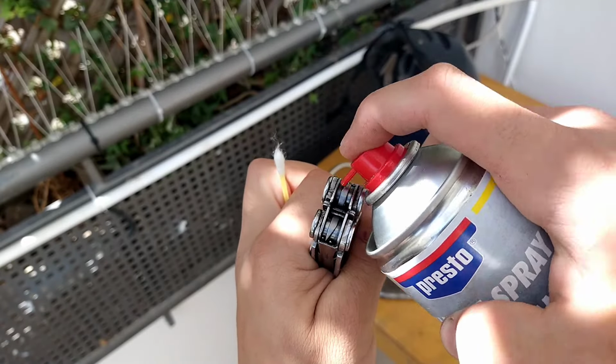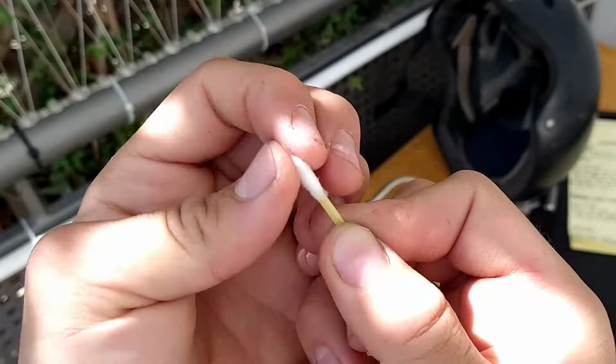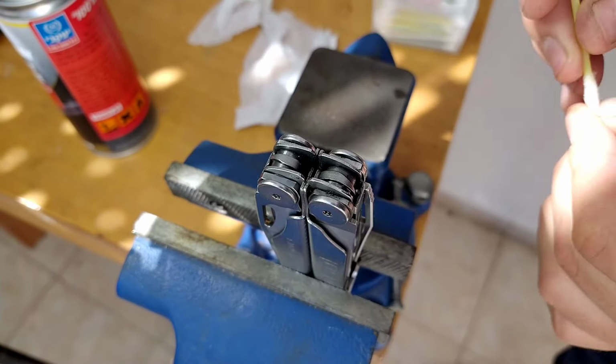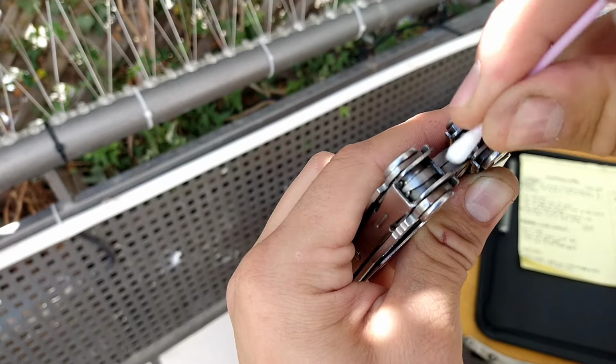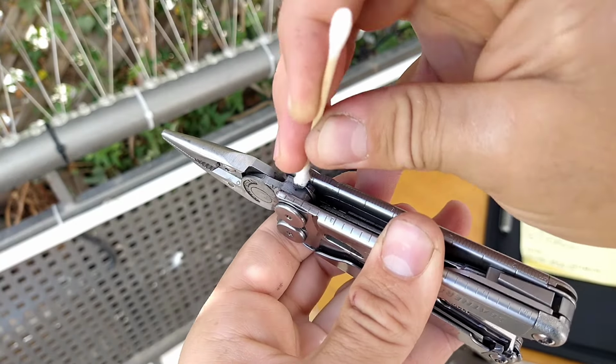When it comes to general maintenance, you should lubricate everything that doesn't operate smoothly, the hinges, and practically speaking, any parts that show wear, since those are the parts that experience friction. This helps flush out all of the steel that has worn away and the dirt that has accumulated, as well as preventing rust. I use a Q-tip or a wipe to clean and oil my Leatherman once or twice a